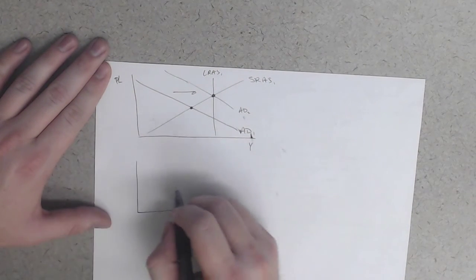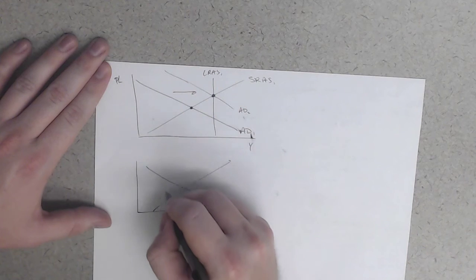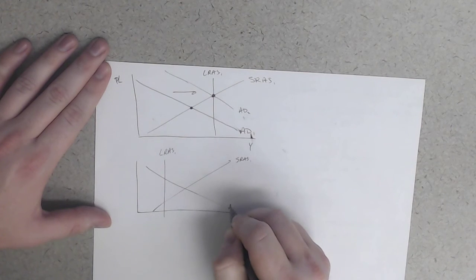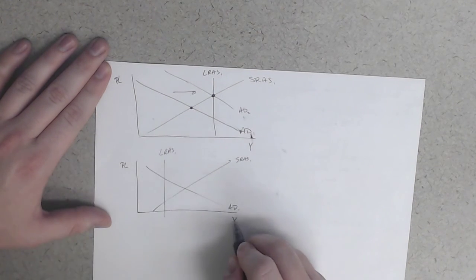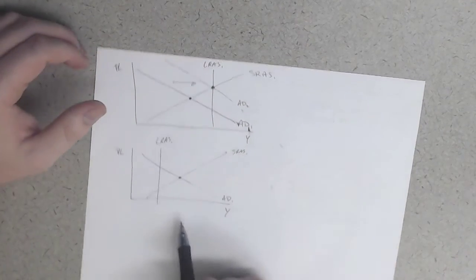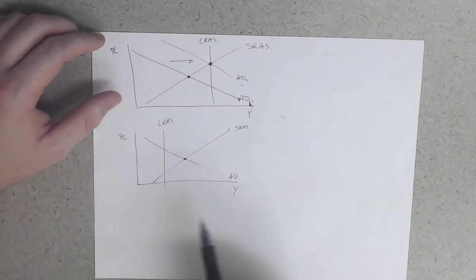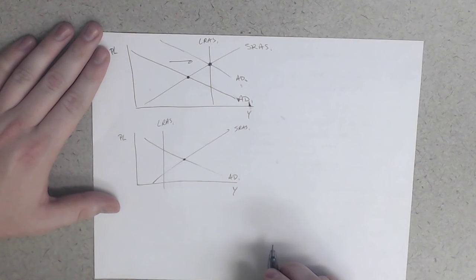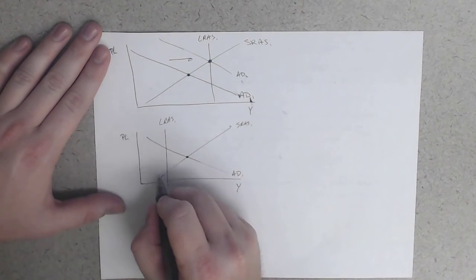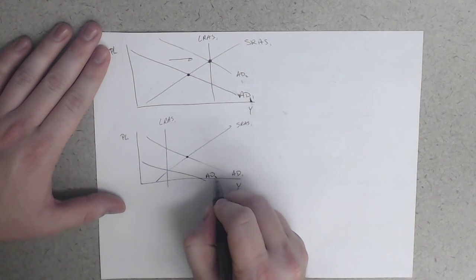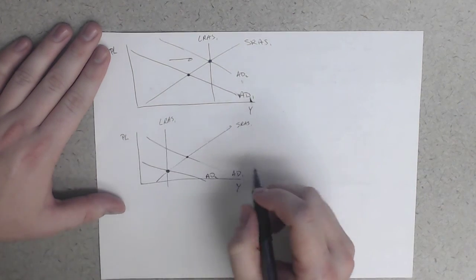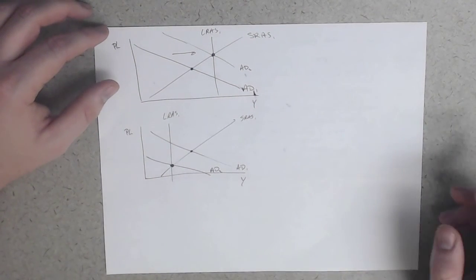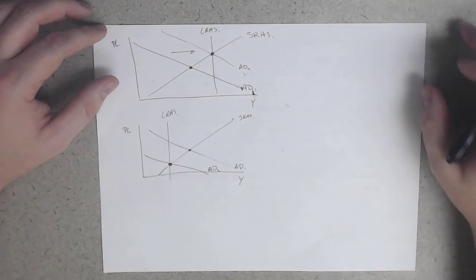And if we're in a boom, the problem is that our short-run equilibrium is to the right of the long-run aggregate supply curve. So we need to reduce aggregate demand. We can either raise taxes or lower spending, which, if I drew it correctly, will shift our curve over to the left and get us back to a long-run equilibrium.